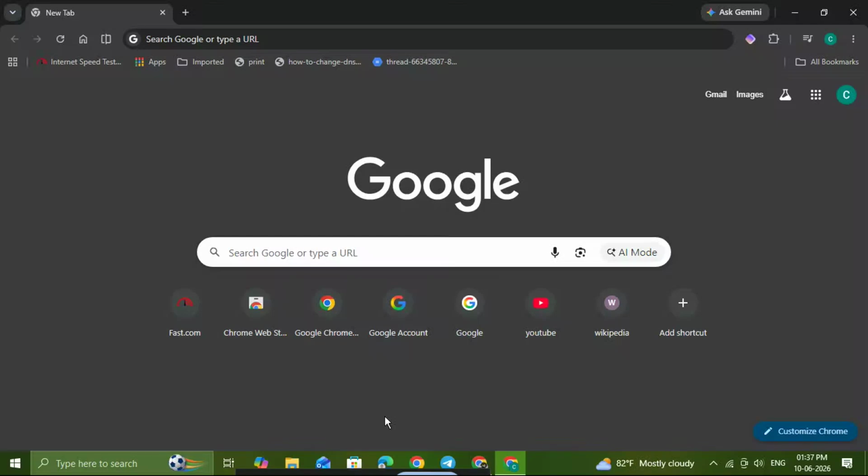In today's video, I'm going to show you how to change the default Google Translate language on Google Chrome in just a few simple steps. This is a really useful setting if you often browse websites in another language and want Chrome to automatically translate pages into the language you prefer. Instead of changing the translation language every single time, you can set it once and make your browsing experience much